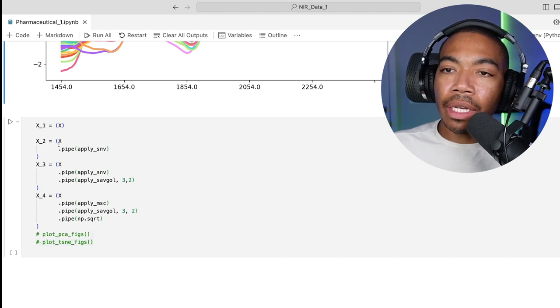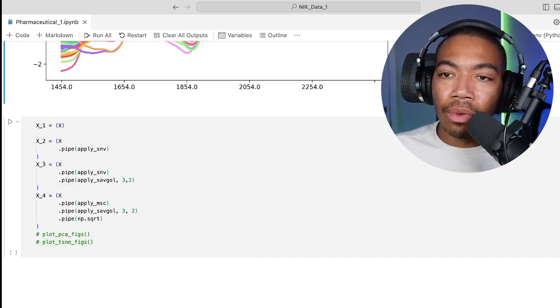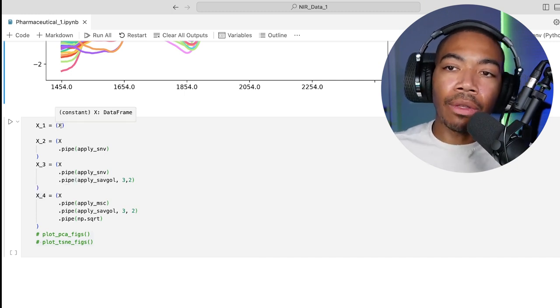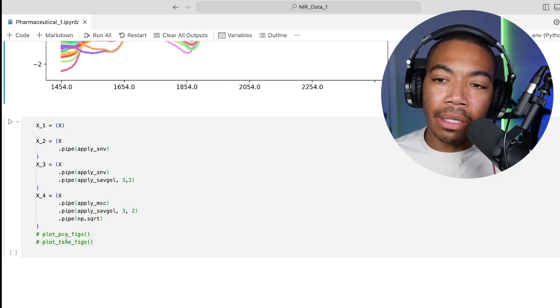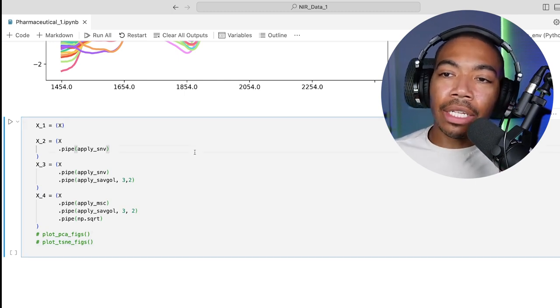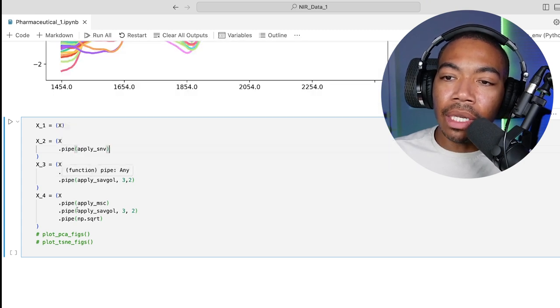And so now if we continue to scroll down, I've got 4 different pre-processing chains, X1, X2, X3, and X4. X1 is basically the raw data going in, Z scaling, and then being plotted by either PCA or TSNE. Then I steadily chain more methods using this pipe here, and we can continue to do this until we are